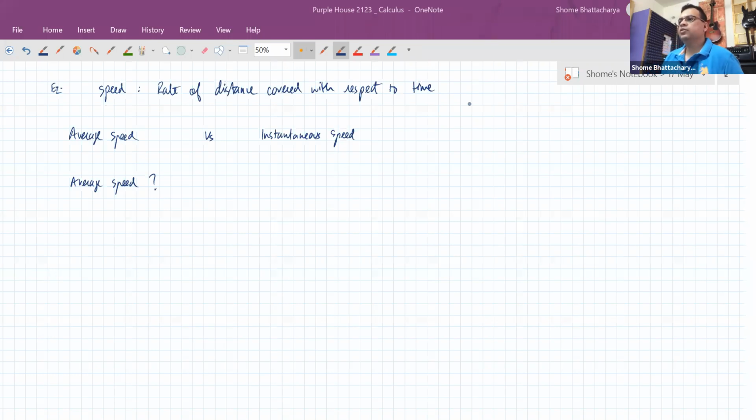So mainly, we define average speed as the rate of change of distance with respect to time for a specific interval of time. That interval can be the entire journey. Like in this case, if I'm going for a journey from 7 a.m. to 3 p.m., it can be the entire 8 hours, or it could be a sub part of that. It could be from 8 to 10 in the morning, then 10 to 11, 11 to 12. We could define it that way also. So average speed is something that we define for a specific time interval.